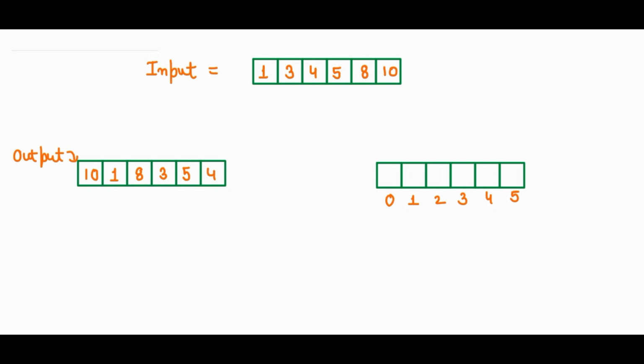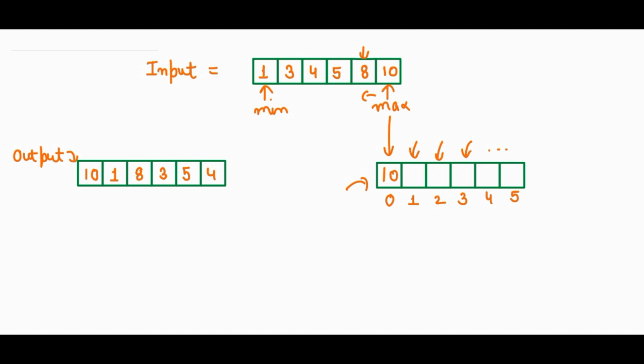Now let's see the first approach to solve this question. We will use two pointers in this approach, one at the starting and one at the end. At the starting, let's call it min, because all the minimum elements will be at the start of the array, and let's call the one at the end max. First of all, we need the max element, then the minimum element, then the second max, then the second min, and so on. So we have the max element as 10, so the first element is the max element. We will put 10 here, and we will decrease our max pointer. Now it will point to 8.